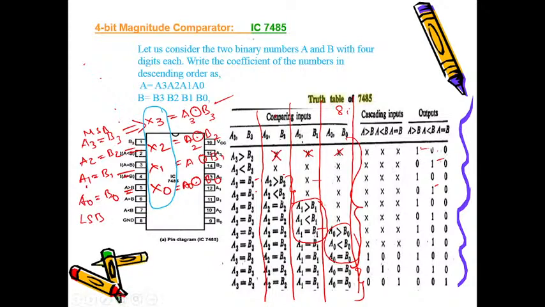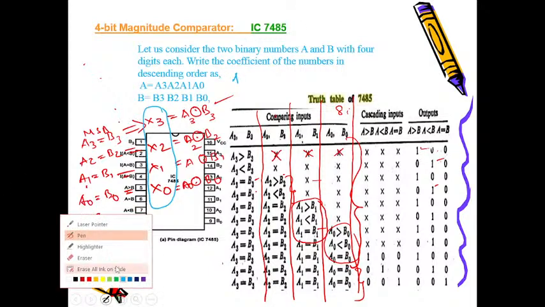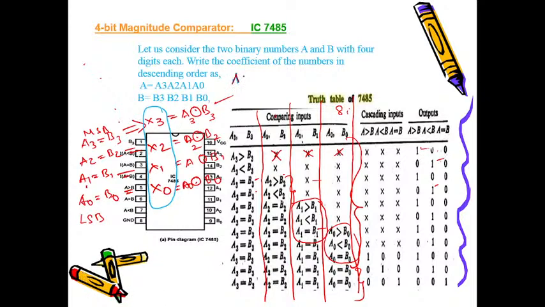So what could be the expressions for A less than B? Now at the top I'll write it. What would be the expression for the function A less than B? This is where you have to look at this combination. In this column I'm going to write the expression for A less than B. For equality, what is the expression? X3, X2 equal to X1 is equal to X0. I have written it already. For A less than B, when is it high? It is high when